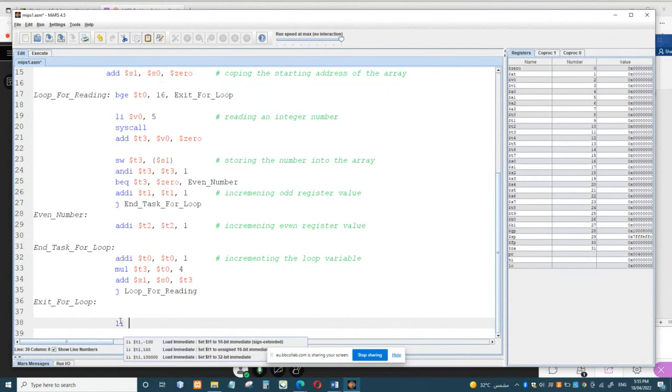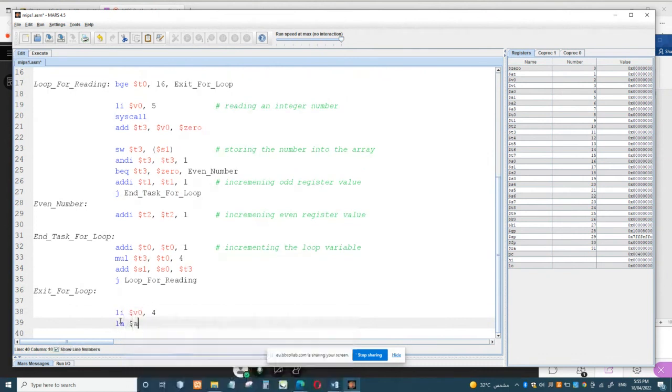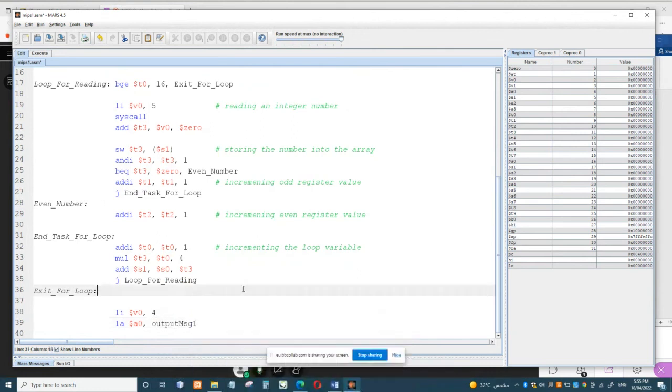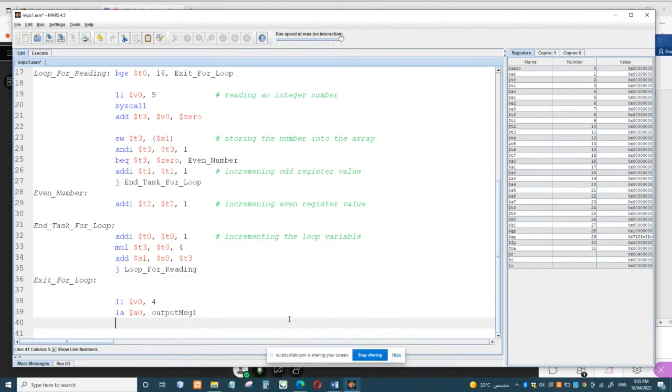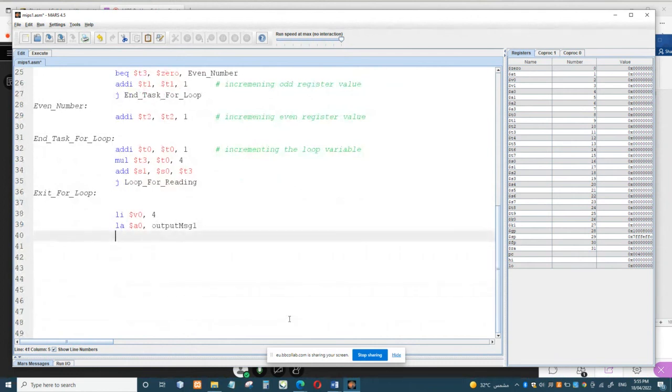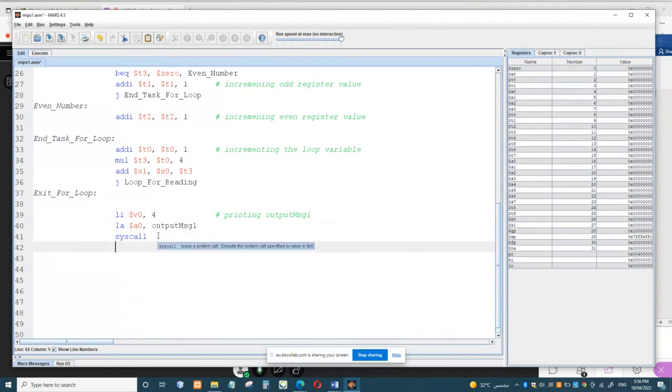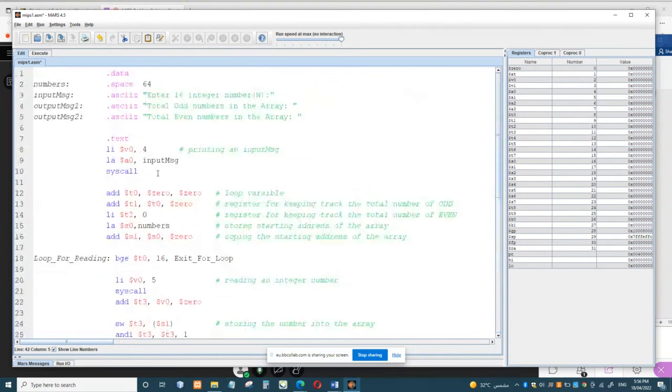So in order to print output message 1, li $v0, 4, la $a0, output message 1, and syscall. So that is for printing output message 1. And then after printing the output message 1, total odd numbers in the array,